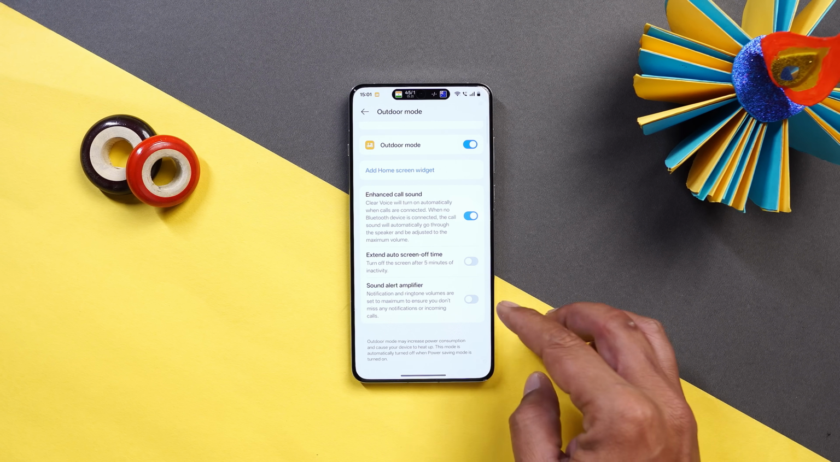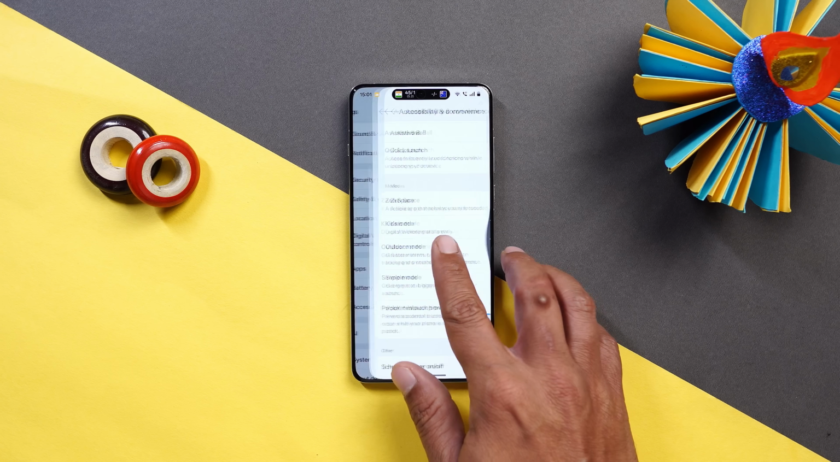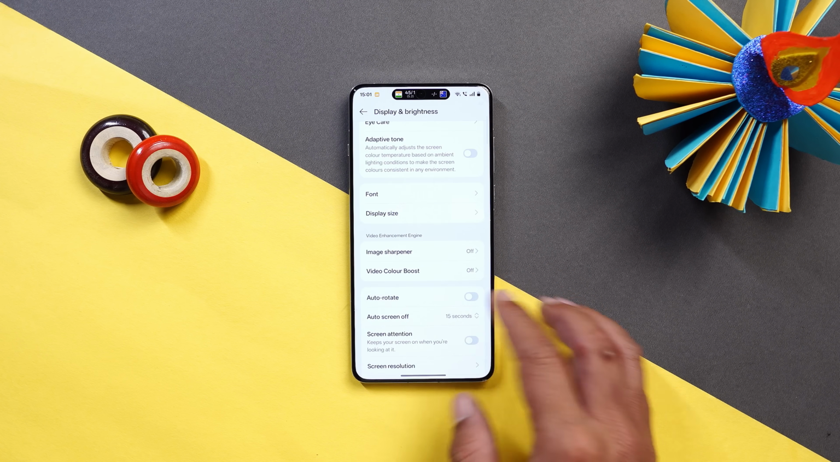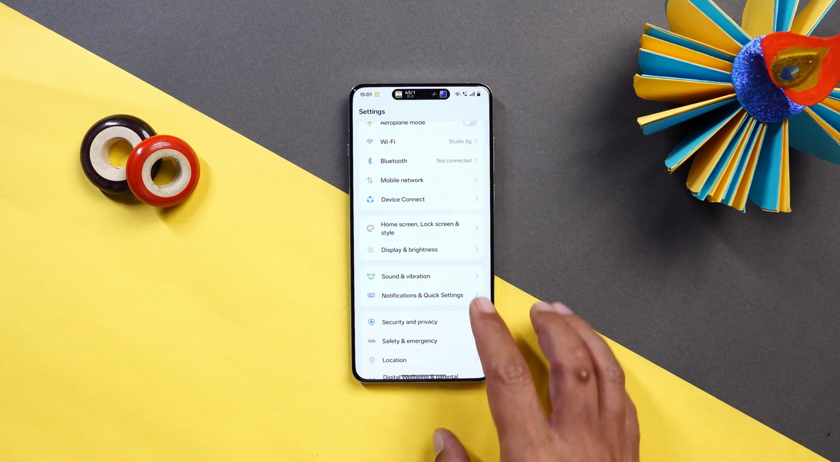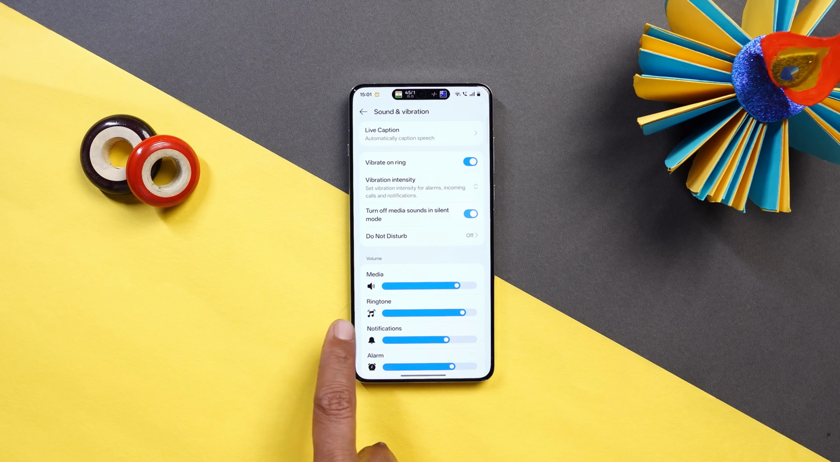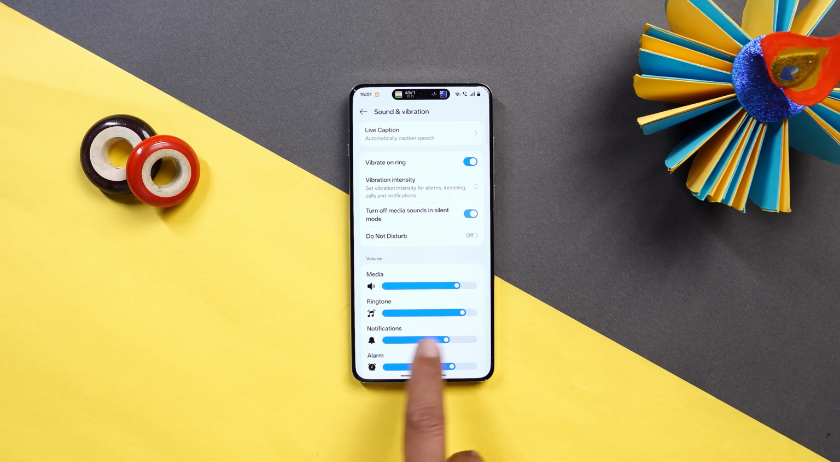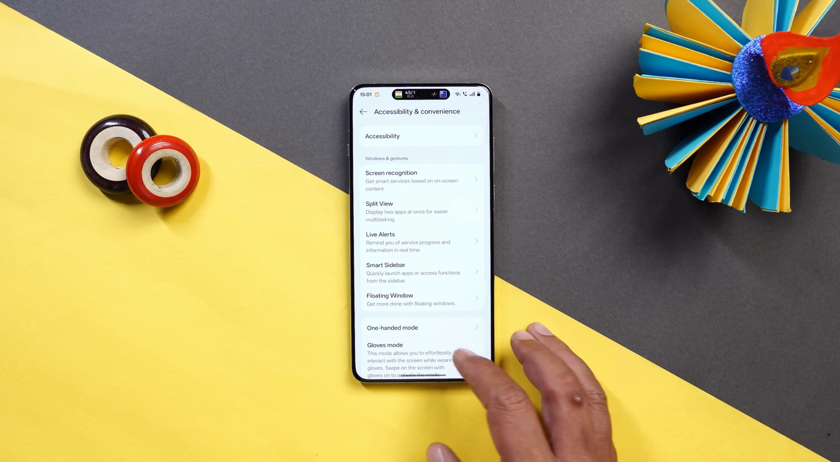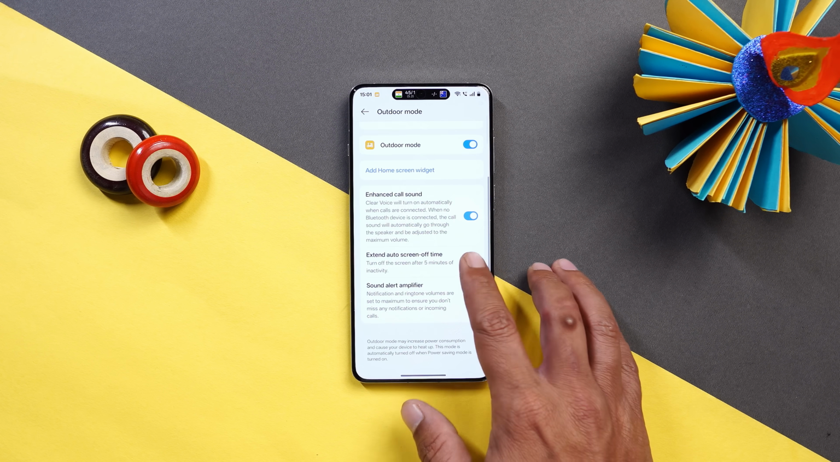So without enabling both these options, let me show you the screen on time duration. The screen on time duration is set to 15 minutes by default. Going to sound and vibration, here you can see the ringing sound is set to somewhere around 80% and notification to around 70%. Now if I go and enable these two options, which are extend auto screen off time and